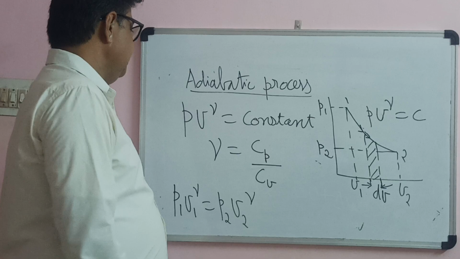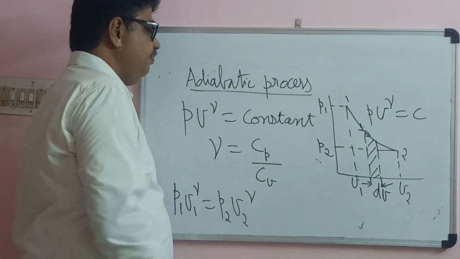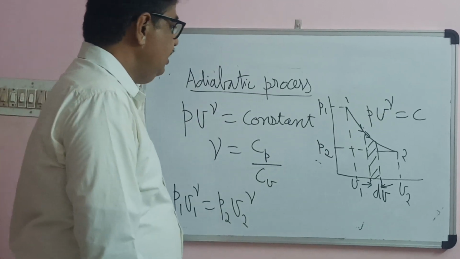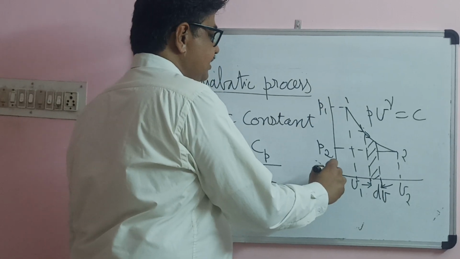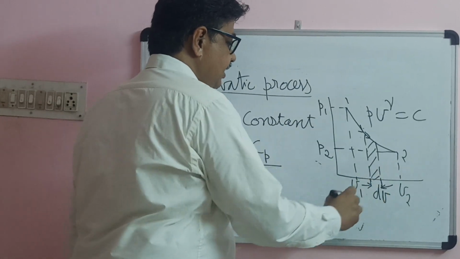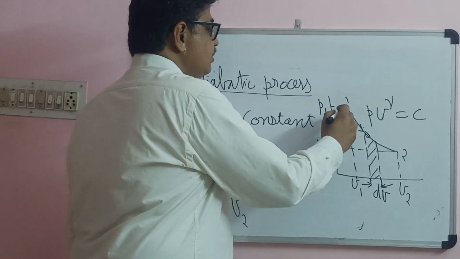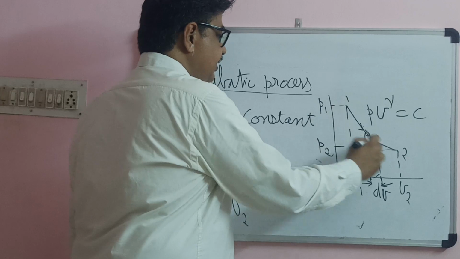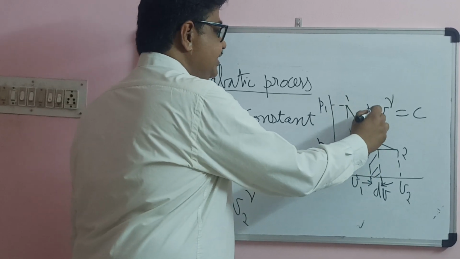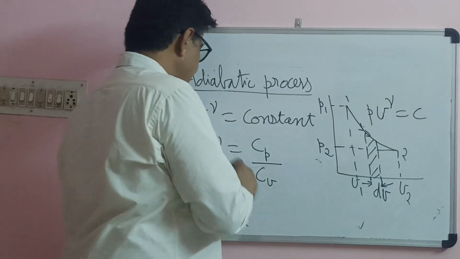So adiabatic process is governed by the equation P V power gamma equal to constant. Here let us draw a graph, pressure on the y-axis and volume on the x-axis. The gas goes from state 1 to state 2. Volume increases, pressure decreases. This is governed by the equation P V power gamma equal to constant,